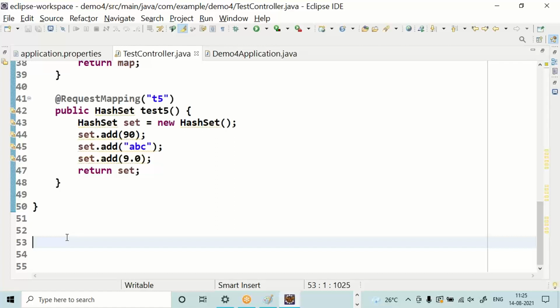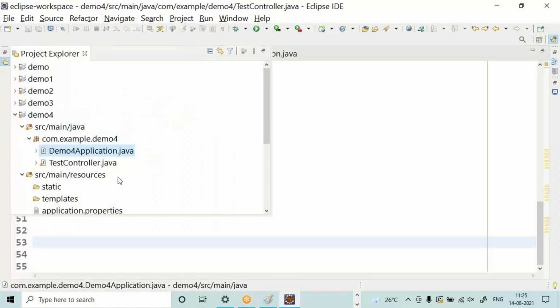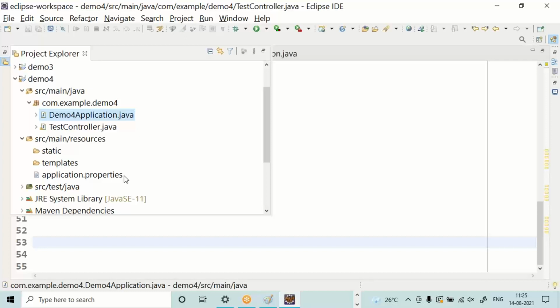How can we return a bean class object from the REST web service?